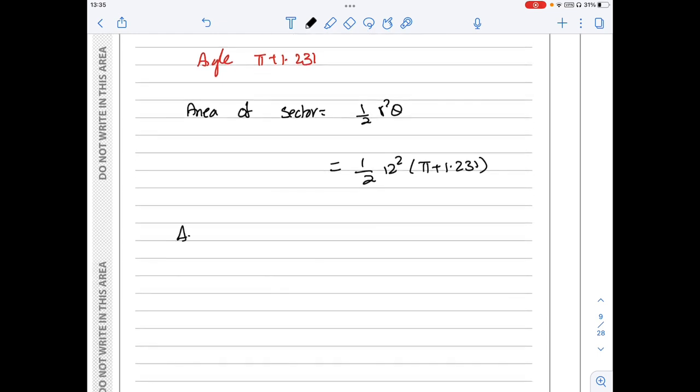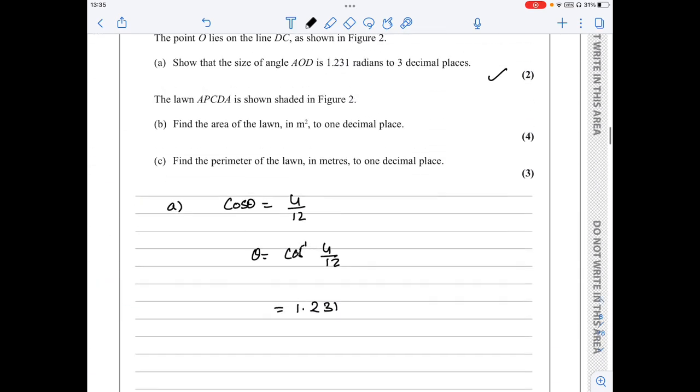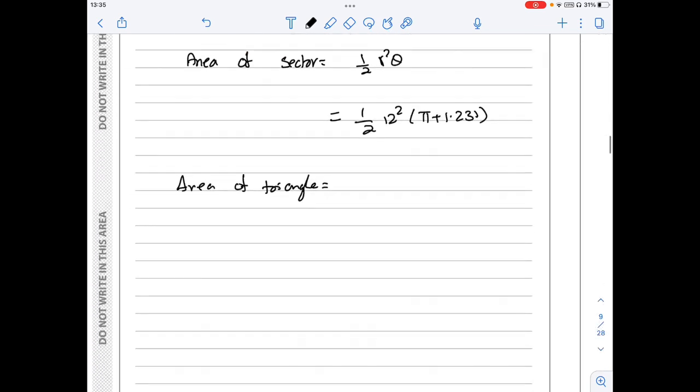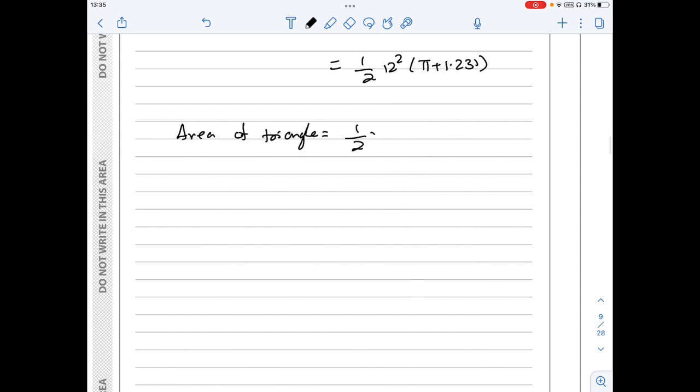Now the area of the triangle, I have to find. So this is 4 and 12. So this side has to be the square root of 12 square minus 4 square. So area of the triangle is half base into height. Half times base is 4 and height is square root of 12 square minus 4 square. So what is this? So the total area will be